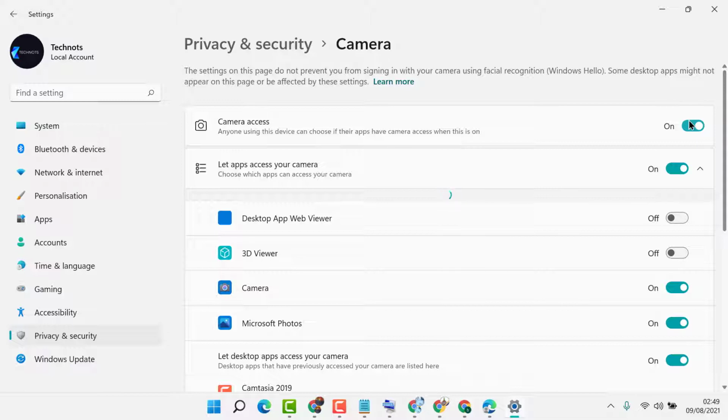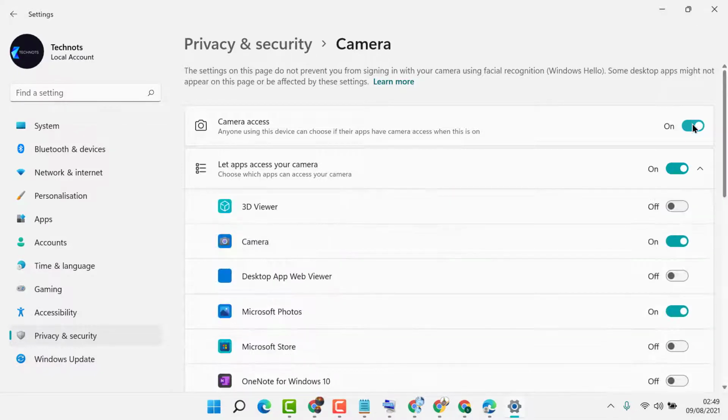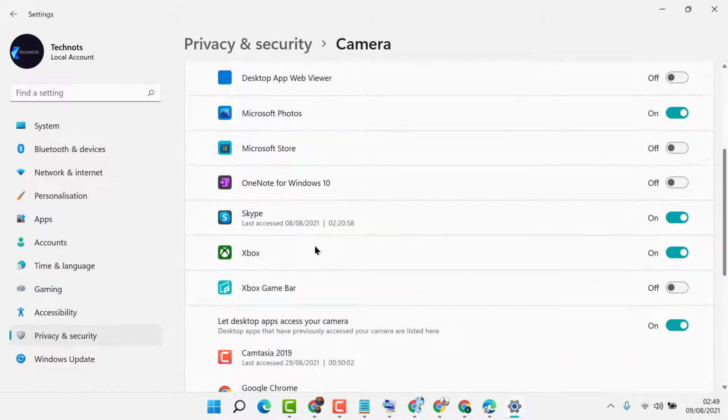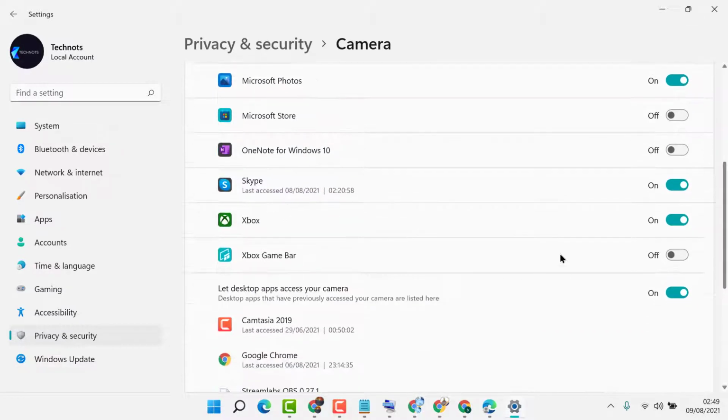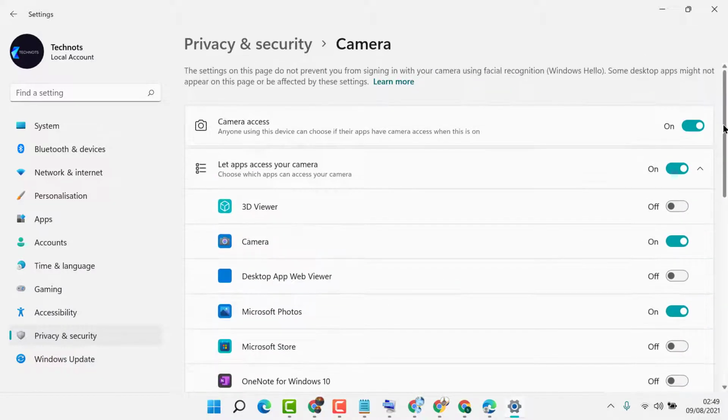Now turn on camera access from here, and also let apps access your camera. If you are using any particular application, like Skype or Zoom, turn on camera. So it's the first method.